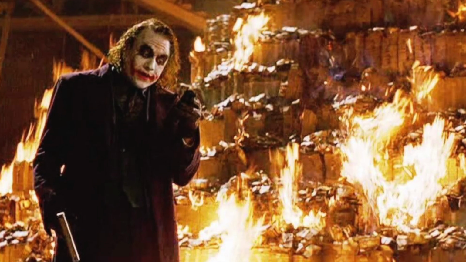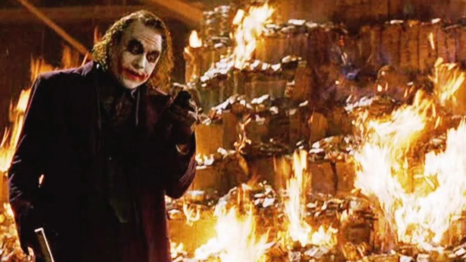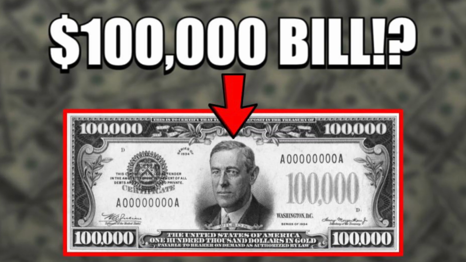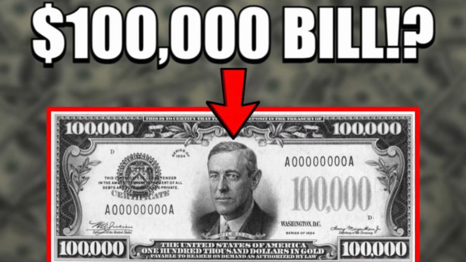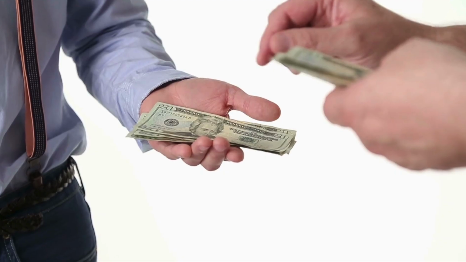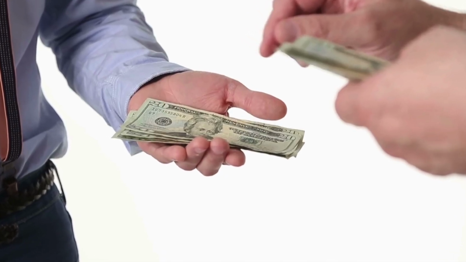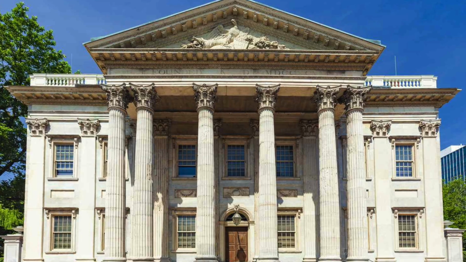So there are two types of bills that have been discontinued in the United States. The first type is the more well-known one, the high denomination bills. These are any bills that were greater than $100 in denomination. Most of these bills were barely used by the public whatsoever and were instead used for internal bank and government